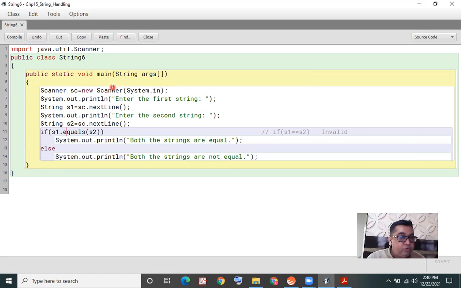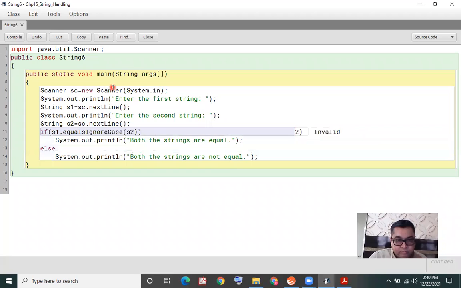Now this time I'm using the method equalsIgnoreCase, equals with a small e, the next word Ignore with a capital I, and Case with a capital C. So this time this method will compare the two strings, but it will ignore the difference in the case.